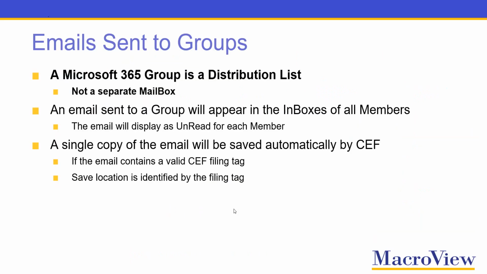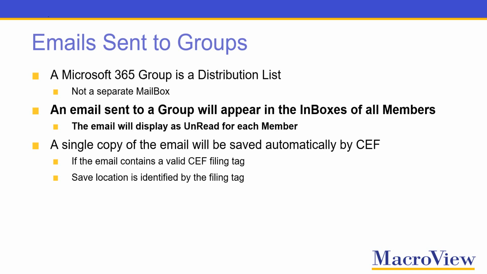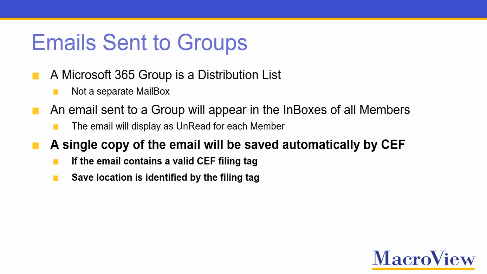Well, to recap, a Microsoft 365 group is actually a distribution list with multiple members rather than a separate mailbox. An email sent to a group will appear in the inboxes of all members of the group, and that email will display as unread for each member, even if other members read the email. A single copy of the email will be saved automatically by corporate email filing if the email contains a valid filing tag in its subject,